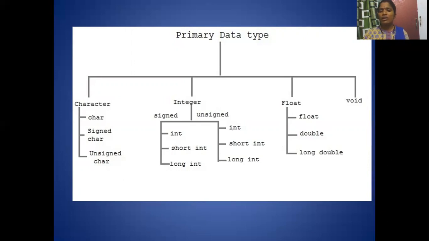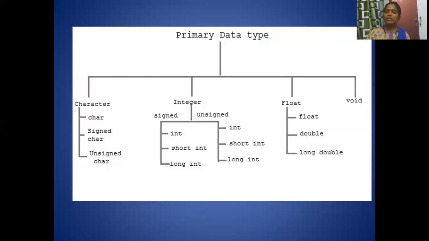Same way, the signed integers are also written like int, short int, long int. Simply I can say here, short int stores 1 byte, integer stores 2 bytes, whereas long int stores 8 bytes. Let's see the meaning of bytes in the next slide.